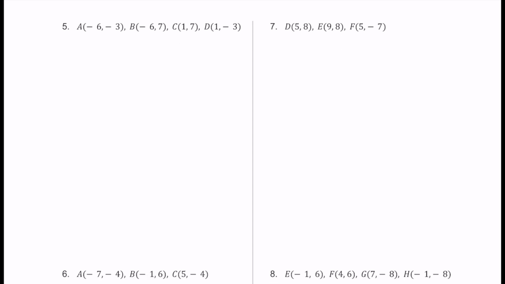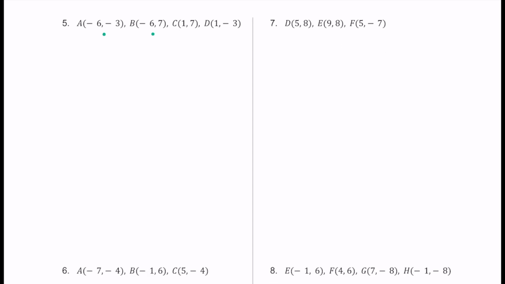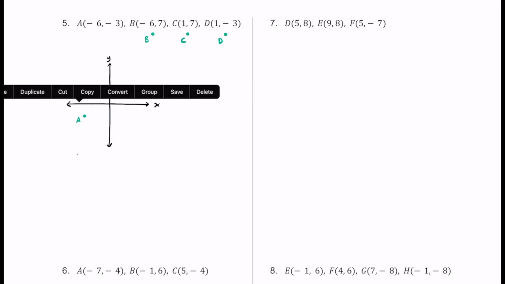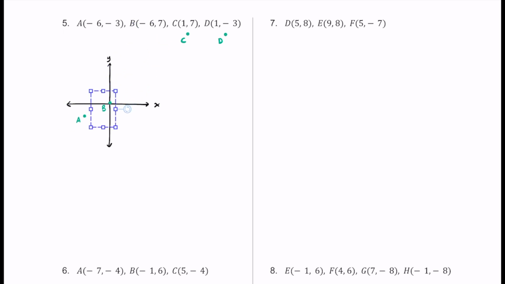Here's number 5. For number 5, we have 4 points here, so we're going to be talking about a rectangle. So for this first point, let's call this A, we'll call this one B, and then C, and then D. Let's now go ahead and plot these on a coordinate plane. So for point A, let's go 6 to the left and then 3 units down, maybe over here. For point B, we'll start at the origin, move 6 to the left, but then we'll move 7 units up. This seems just about right. For C, let's go ahead and move 1 unit to the right and then move 7 units up. So that'll be next to B to the right of it. And then for D, let's go ahead and start at the origin, move 1 to the right and then 3 units